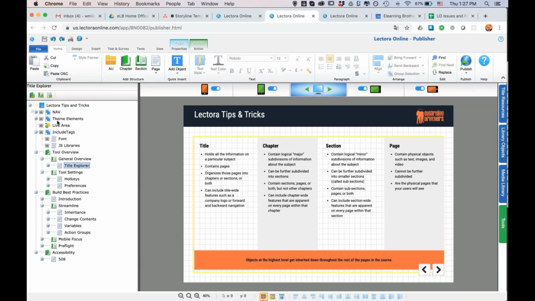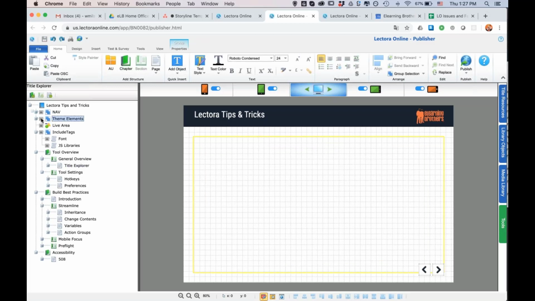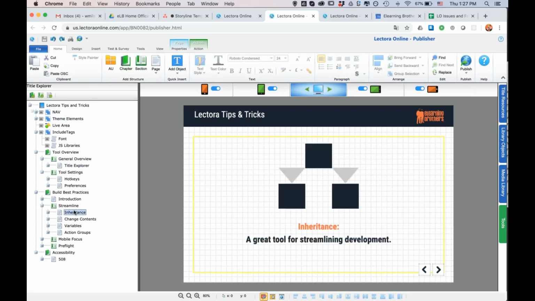But inheritance can go well beyond that, and that's why I'm harping on it, because a lot of the time we think of it just for these global unchangeable elements, but in fact we can execute some actions on inherited objects and do some pretty nifty stuff, and use that to really cut down on the number of elements that we may have to include in a given title. Okay. So, for instance,